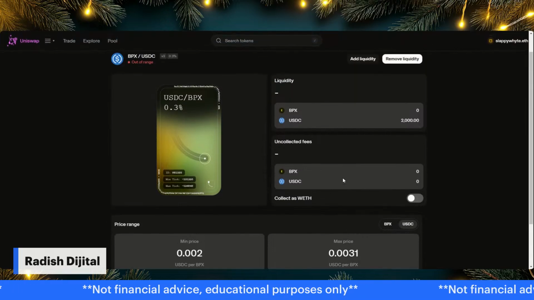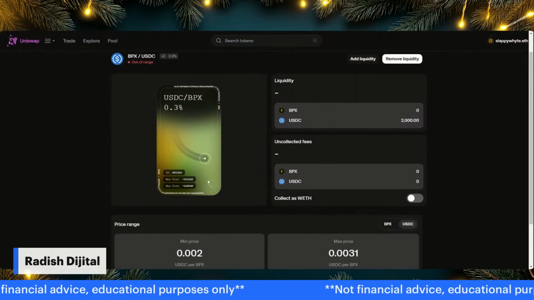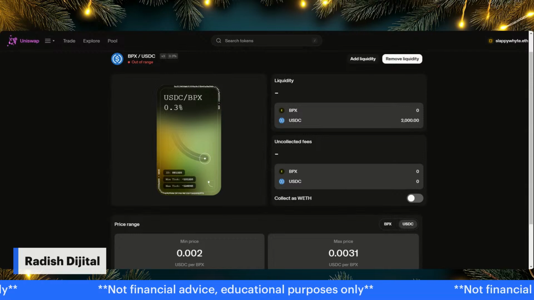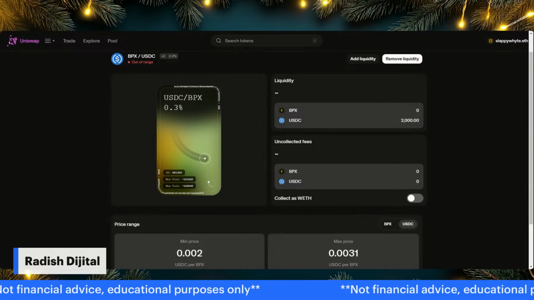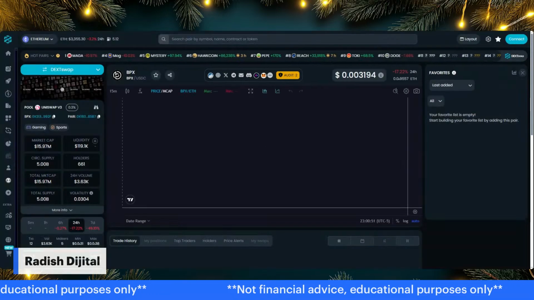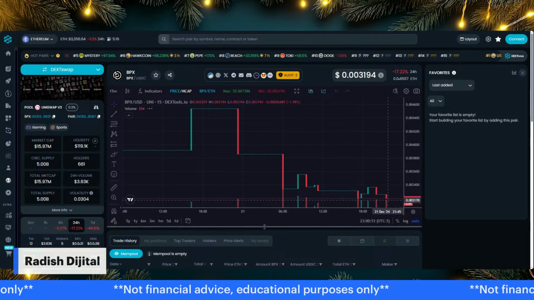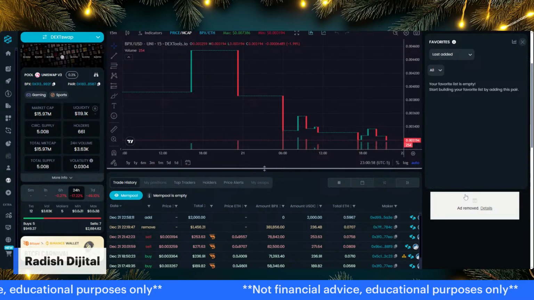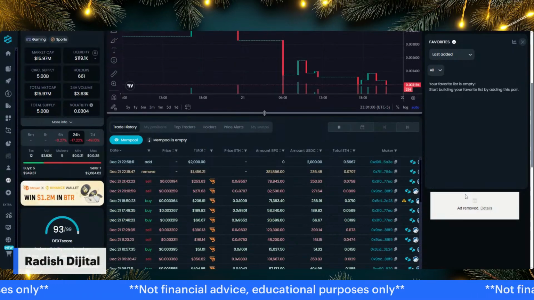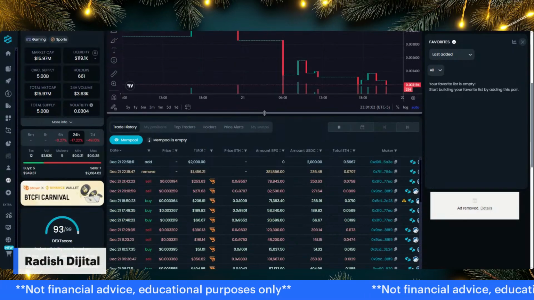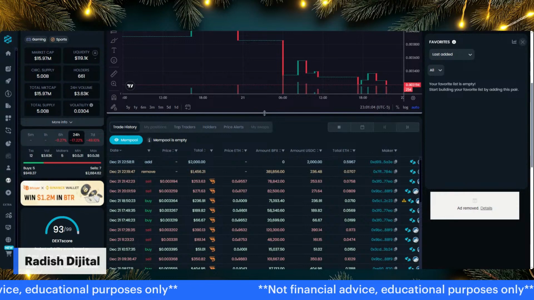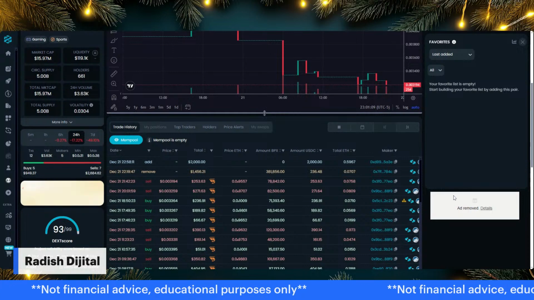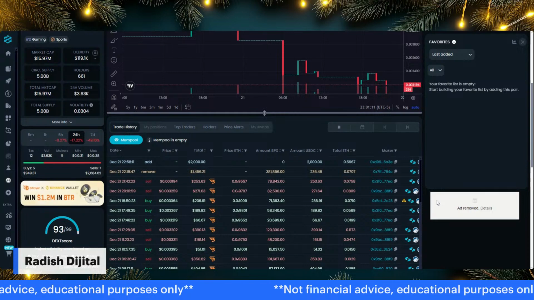I just sent you a link to Slappy. If you want to pull that up, it's the DEX tool just showing the BPX price. Yeah, I'm going to pull that up. Now scroll down, this is interesting. If you saw part 2 of the video, you saw that I closed my position, and that's what the removal in the second row is. And here you go, there's your 2,000. So there's your verification, Slappy, that you are in the pool with your 2,000, and it's ready to be used for liquidity.